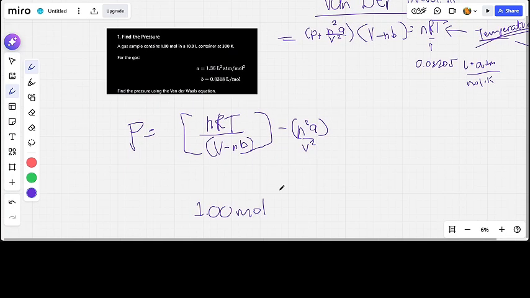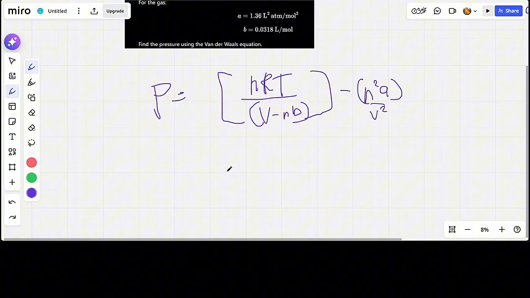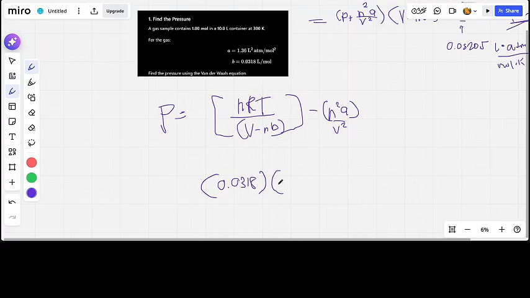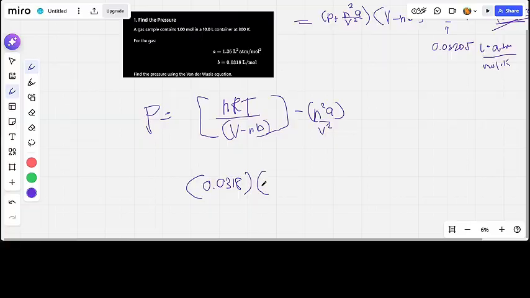So that's going to be 0.0318 times the, oh, that's actually the b constant for the gas. So this is actually 1.00